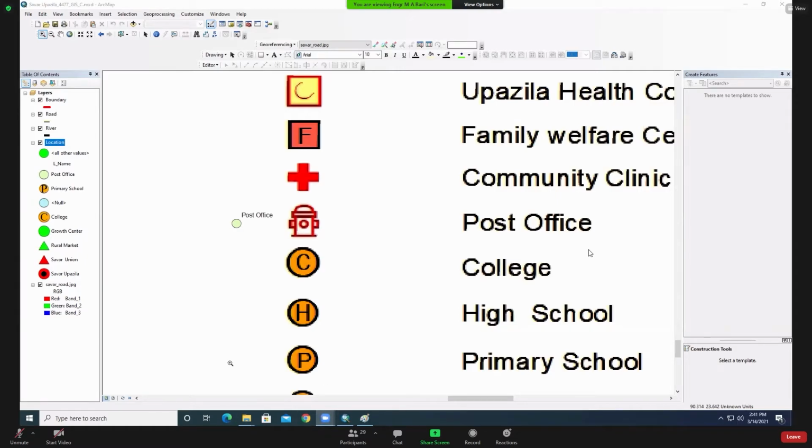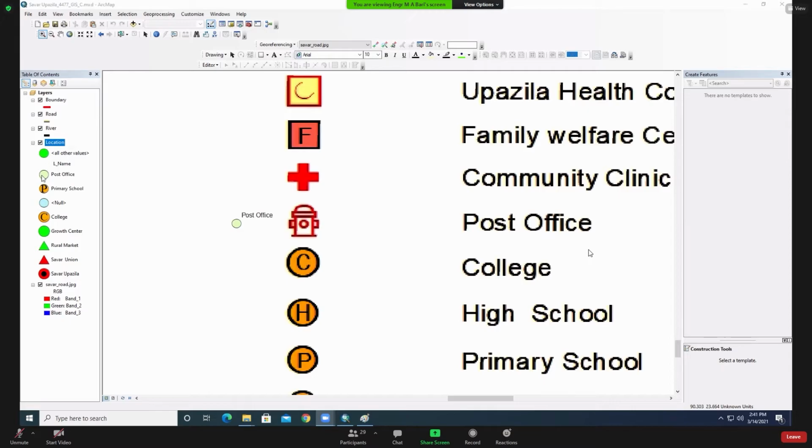If any problem, I will. Now is the voice clear? Yes, sir. Okay. So please, have you already made this post office symbol, yes or no? Yes.